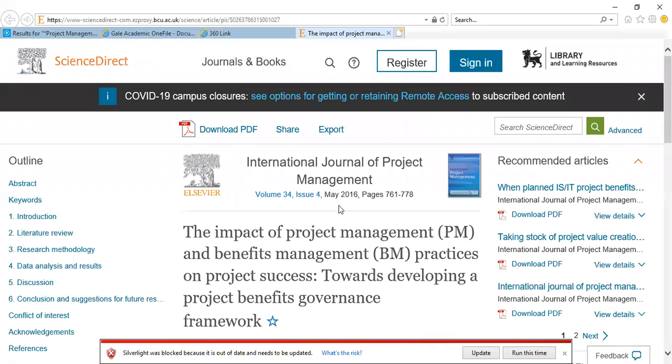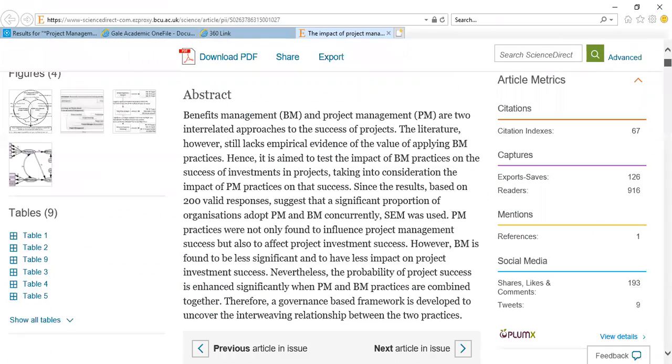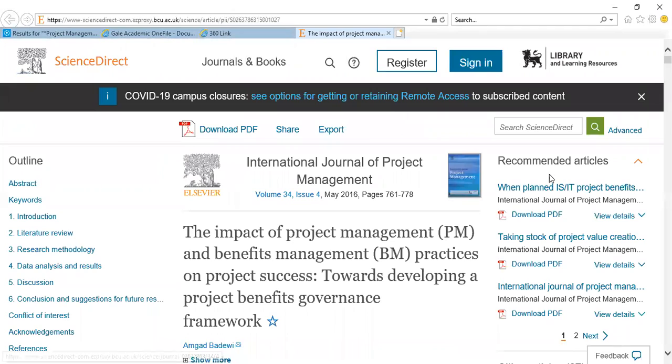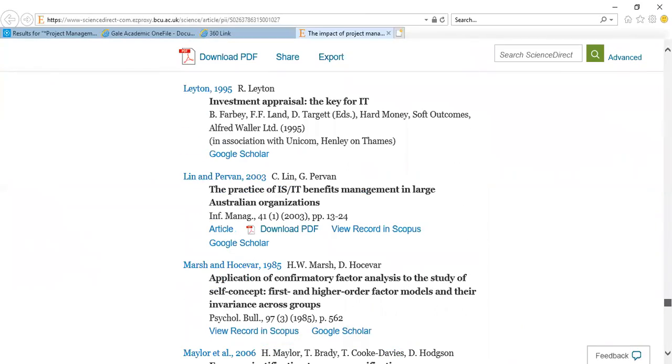All right, so as you can see, we've got an article which is found on Science Direct, which is a database that BCU library has access to. What I usually like to do is I go through the article, and if this article is relevant to my assignment and I can use it, I would look at recommended articles which are related to this or have been cited in this. You can find this on the right panel, and if that is not available in your search engine or the database that you're looking at, you could always go to the end where there's a list of references, and you will be able to access different other articles that are relevant to your research.